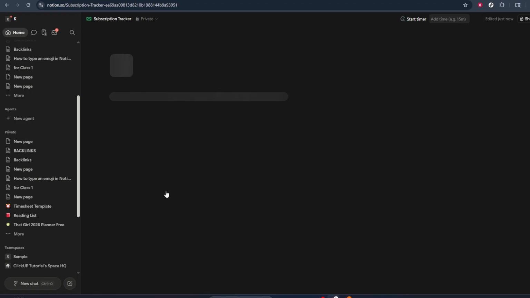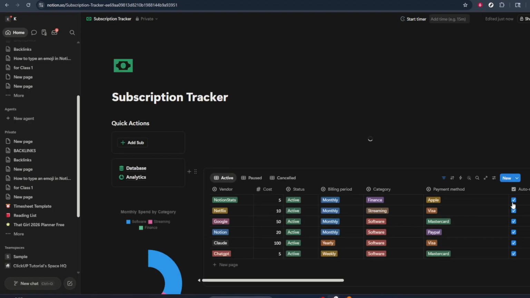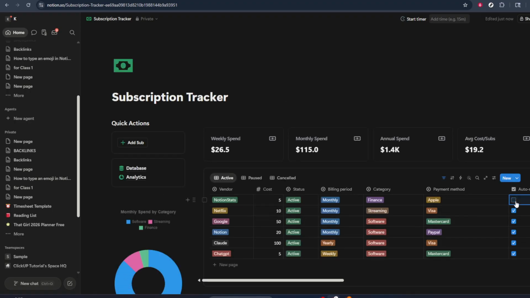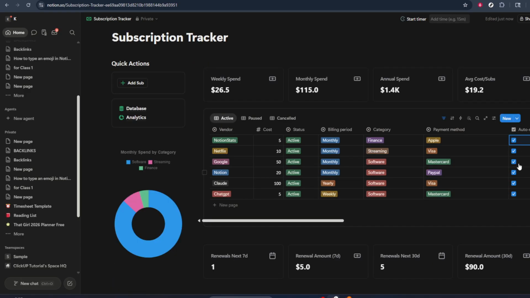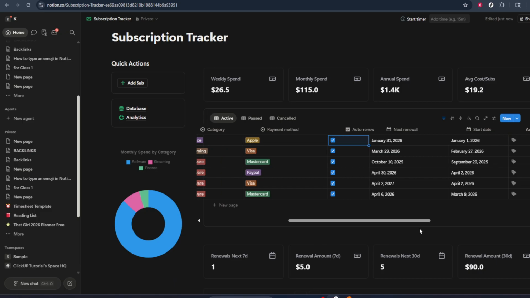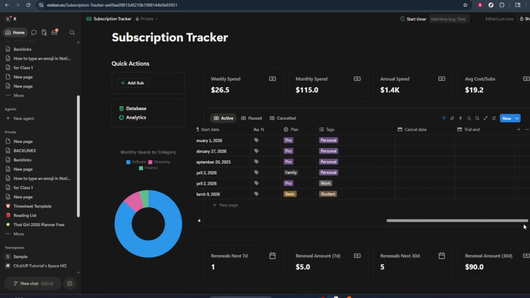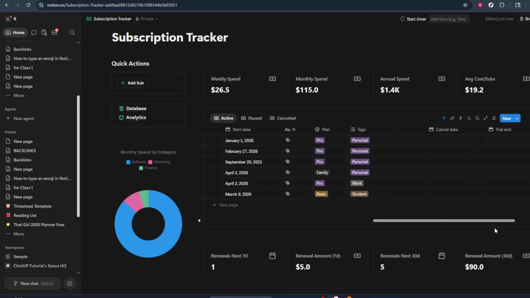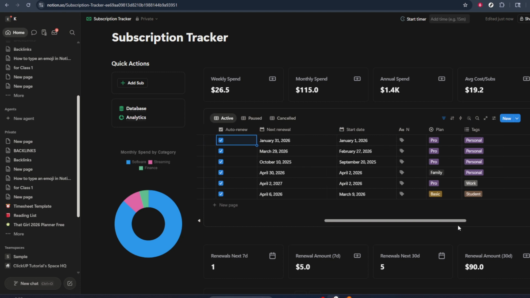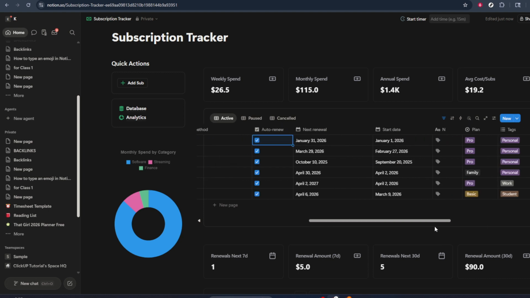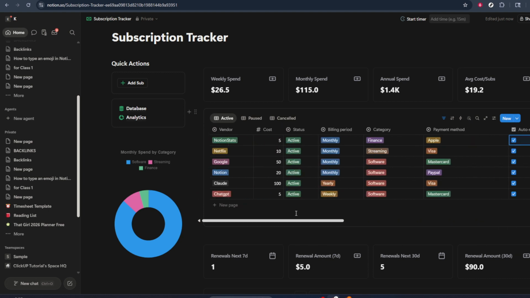When you've decided, click on the template you want to use to open its detailed page. On the template's page, you'll see an option to add it to your workspace, often labeled as Add or Use this template. Click on that button. Notion will then copy this template into your own workspace, creating a new page for you. From here, you can customize the fields, add your own subscriptions, and start using it as your central hub for